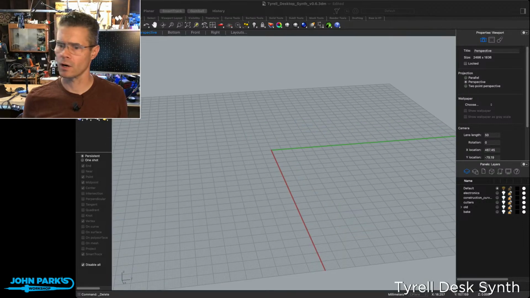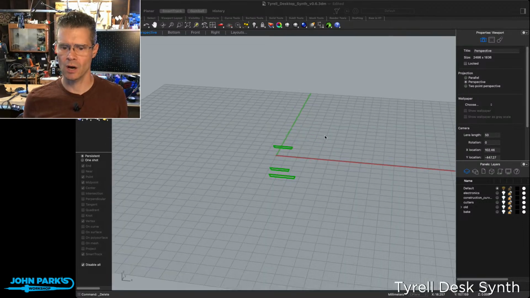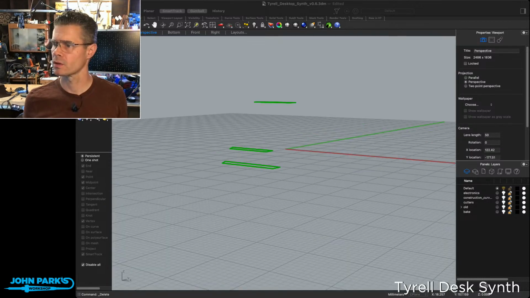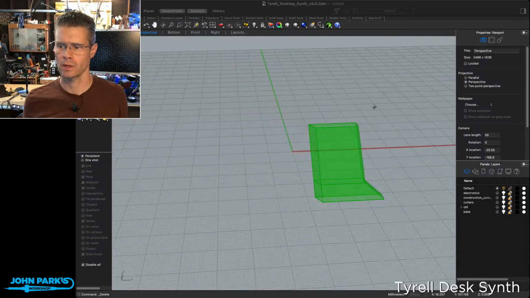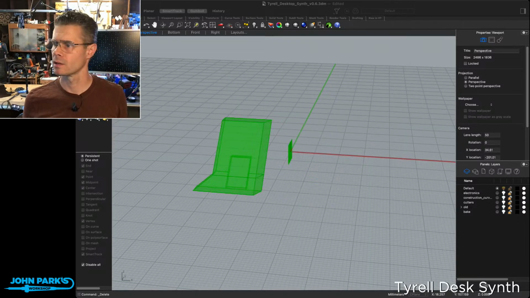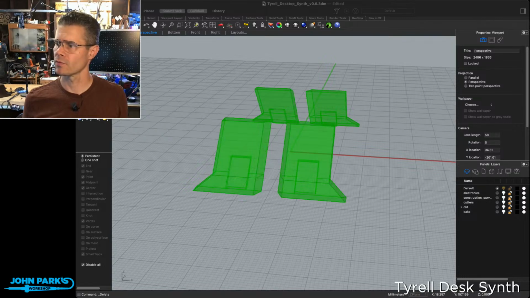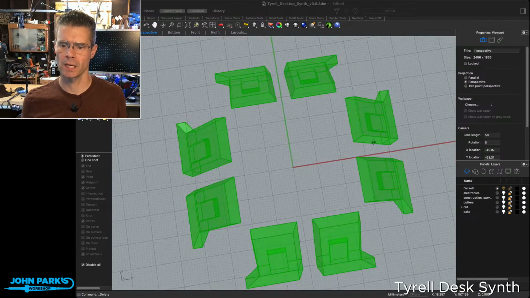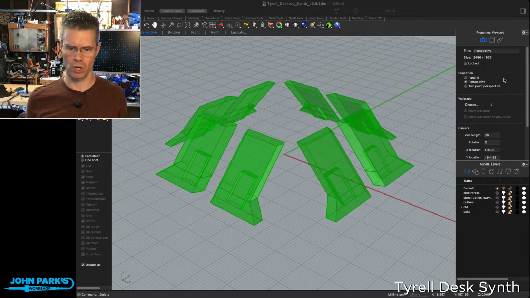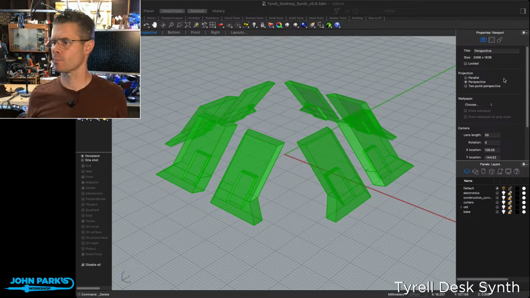So these are some curves that I lofted to make those pillars. Like that. Then I use some mirroring to make all of the four that I need. So it means if I make one change to one of those curves, it'll propagate to the rest.